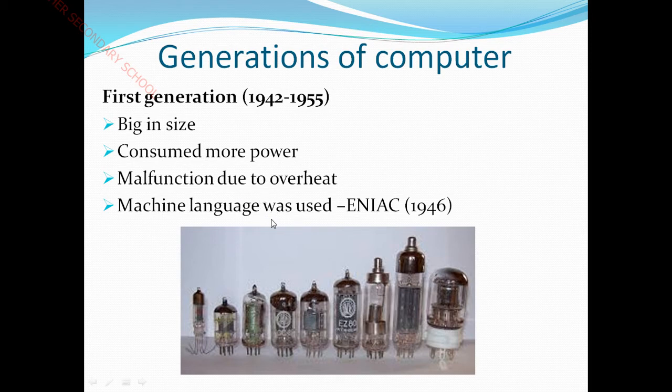So that has to be translated with the help of an interpreter or compiler. What is the main job of the compiler and interpreter? It translates high level languages into machine level languages. Then only the computer will understand our instructions. And ENIAC was considered the first generation computer, and it is also a general purpose computer, the world's first general purpose computer. It was introduced in the year 1946.